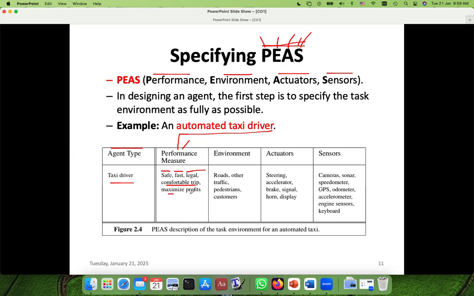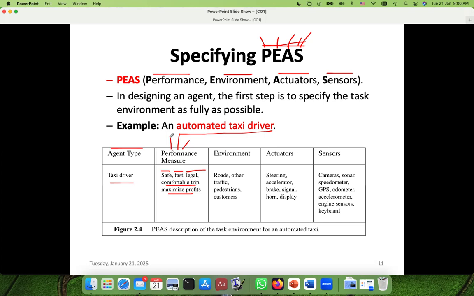And then maximize profits, and also frequent traveling is needed so that it will earn more from the customer. So these are some points which you can consider for finally deciding about the performance of this taxi, that it